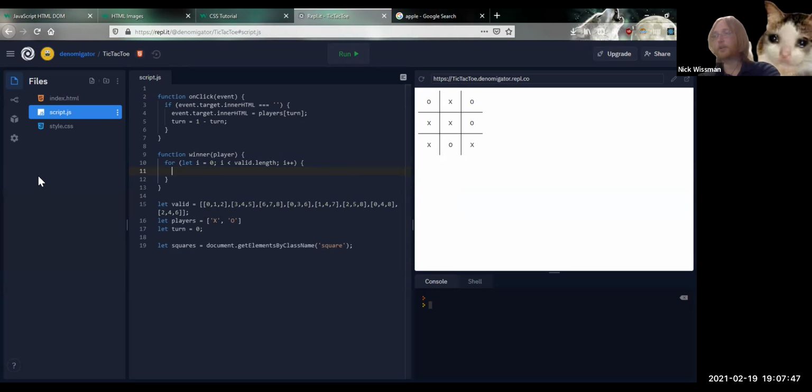So basically I'm going to go through every valid combo. I want to see if that combo is valid. So I want to iterate through every item in the combo and see if it matches the player. And if they all do, then they won on that row, column, or diagonal. So I could make another loop here. This is where I'm going to simplify a lot by using the trick. I'm going to say